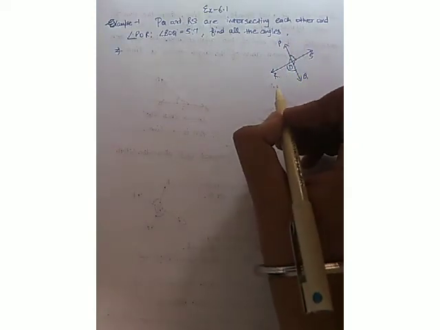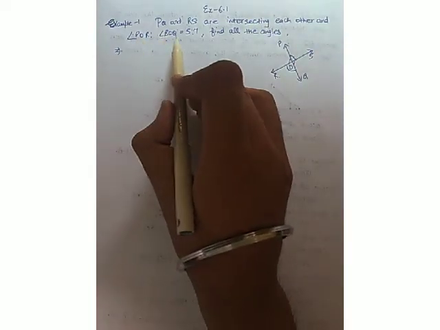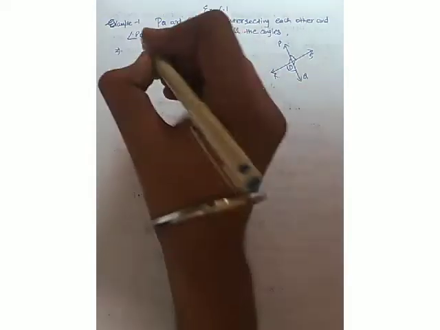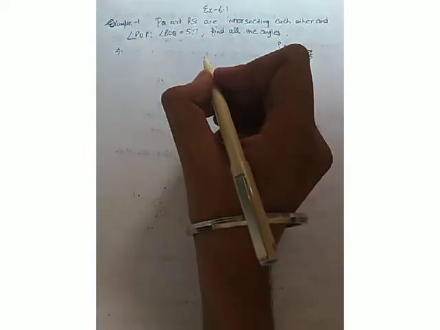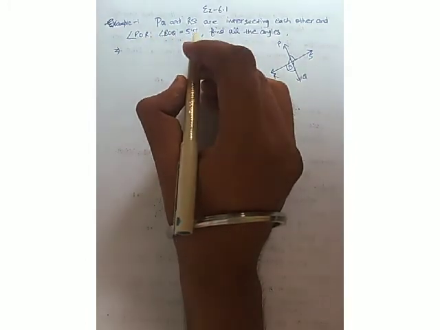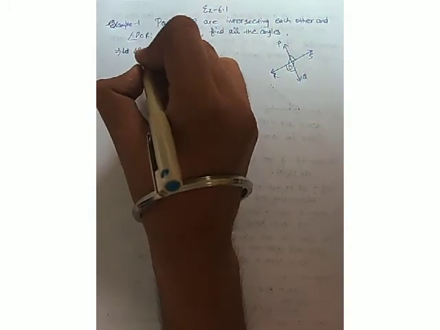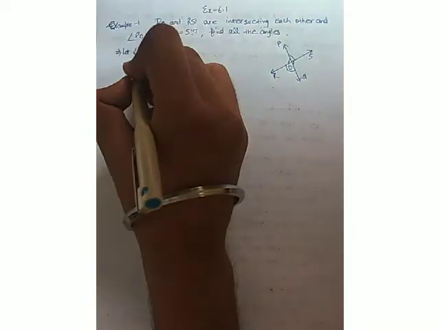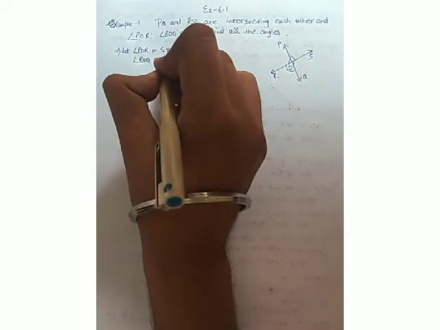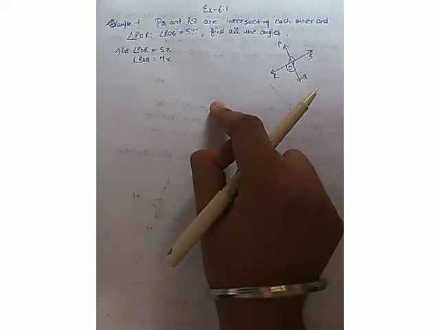So firstly, consider these lines are intersecting at O. The figure is already given in your book, so don't worry about it. Now POR ratio ROQ is 5:7. Now you know that whenever the ratio of any two things is given, to find the exact value we multiply the ratio by any variable. Most of the times we use x. So let angle POR be equal to 5x and let angle ROQ be equal to 7x. Clear? In your book the example is solved in another way, but this is the easiest one, that's why I'm solving it for you in this way.